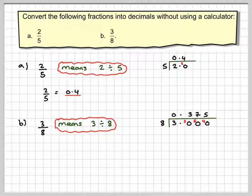There's no more to divide. Therefore, 3/8 is equal to 0.375. So this has been a video to show you how to convert a fraction to a